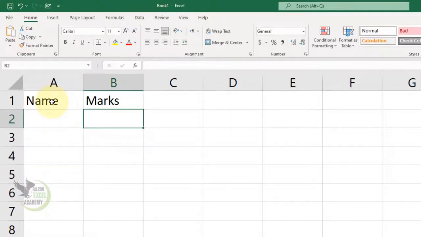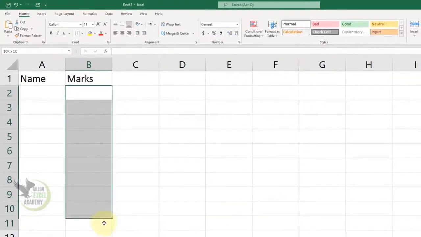Any student who has scored less than 33 marks in a subject will be considered fail, and their numbers will automatically appear in red. The students who have passed, meaning those who have scored 33 or more, their numbers will appear in black. So for this, what we need to do is select all the cells where we want to